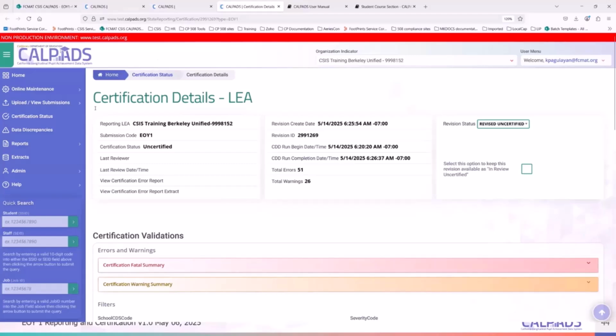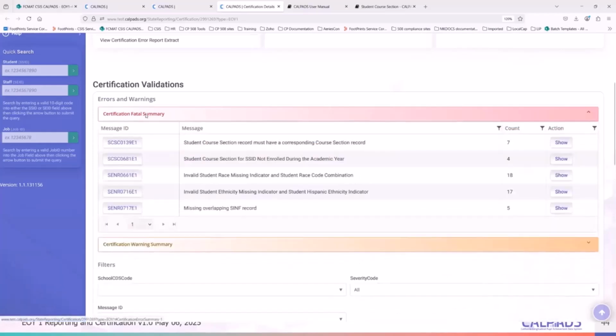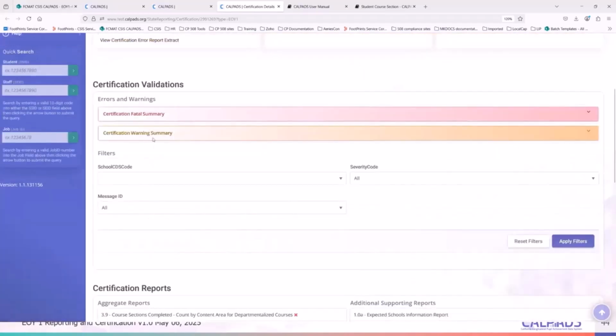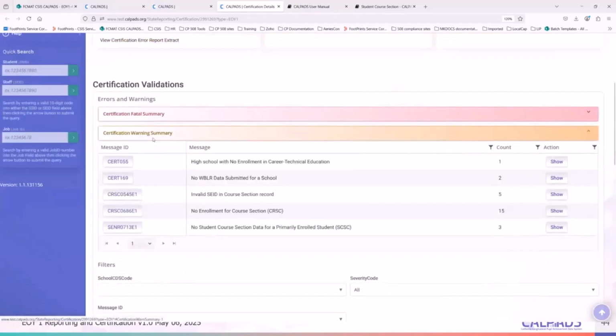So the key elements here are the summary page, the revision status, the ability to freeze a revision, your list of errors, fatal errors that you need to resolve, and the type of errors as well. Some warnings, although there are warnings that you may ignore. However, it is important that you still look into them, because sometimes, like this year, you have no enrollment for courses, so basically you haven't submitted any SASE file yet, right? So those types of warnings.